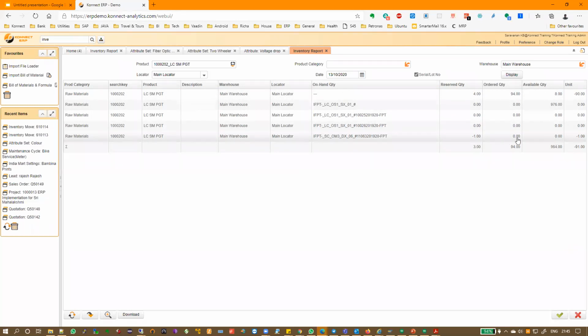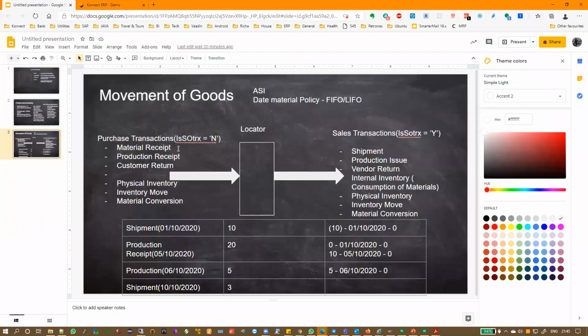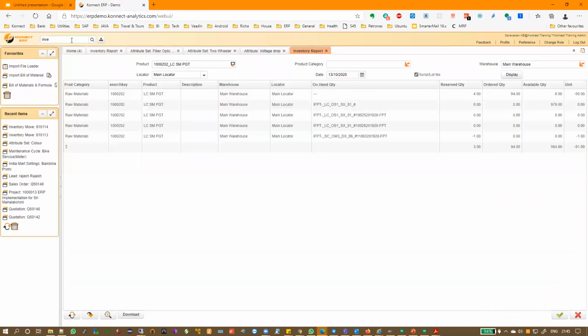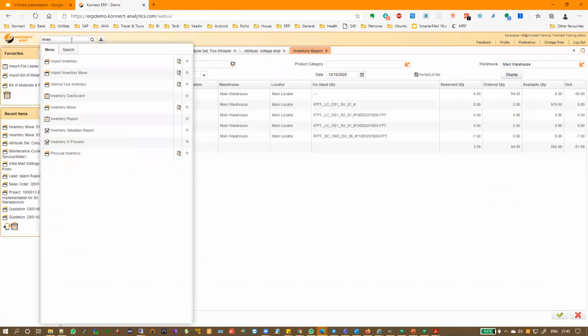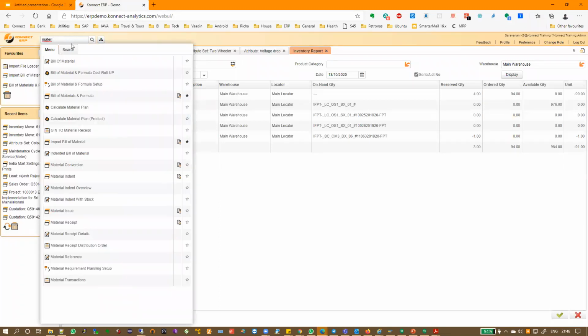Okay. Second is, okay, this is the stock report. Now I want to see what are the transactions that took place. Okay, so like I told you, right, the in move, basically this one, all of this, what is the in, what is the out, if I want to see, then I go to a separate form which is called material transactions.